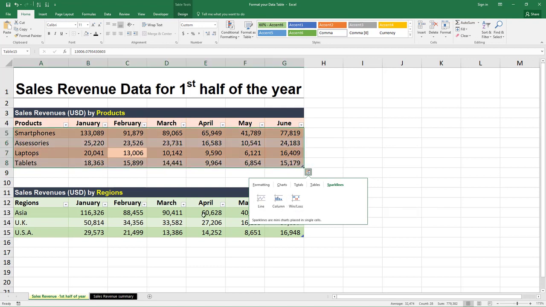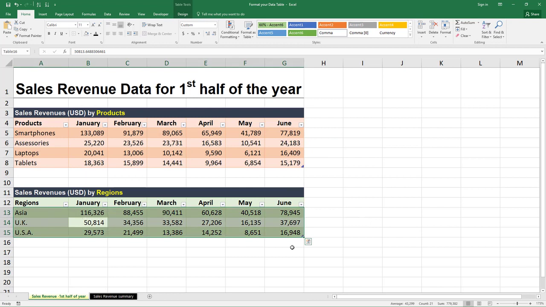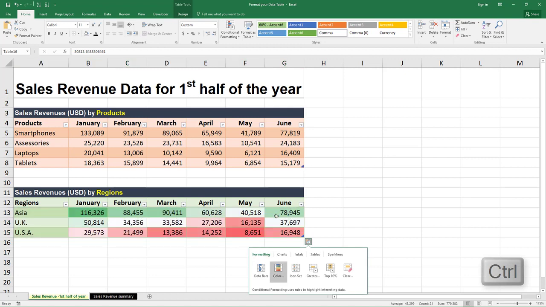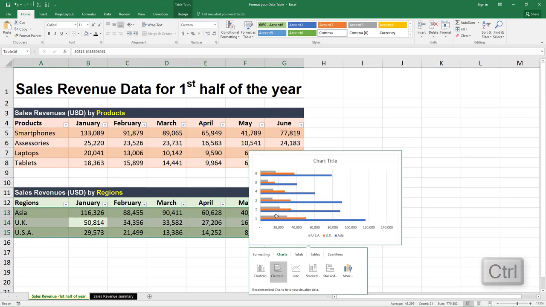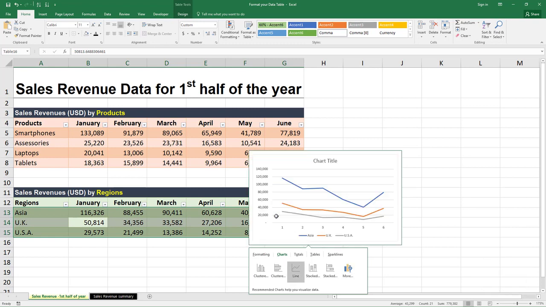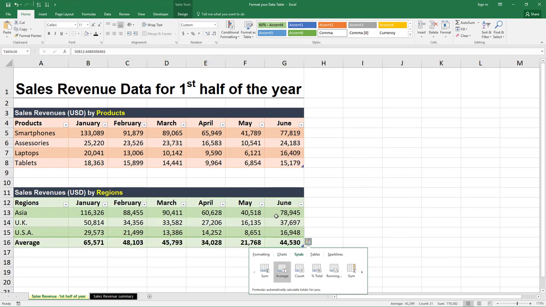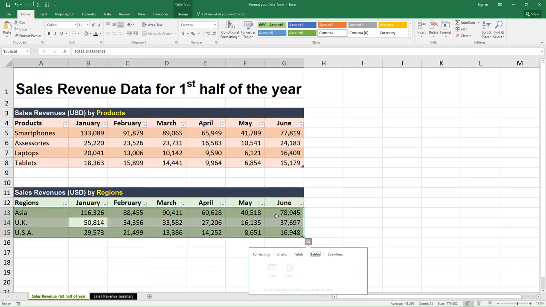Okay, so basically that's what you can do with data tables. For your keyboard, instead of clicking the button here, you can just press Ctrl on your keyboard and the tab function to sort of like scale around the different functions under the quick analysis tab. Okay, so either you can use the keyboard or you can use the mouse. Both serves the purpose of using this function under the data